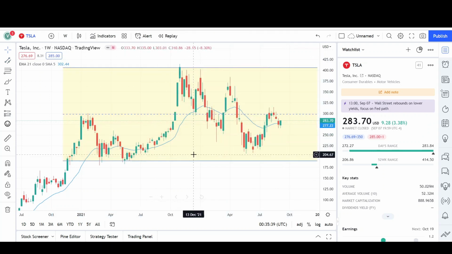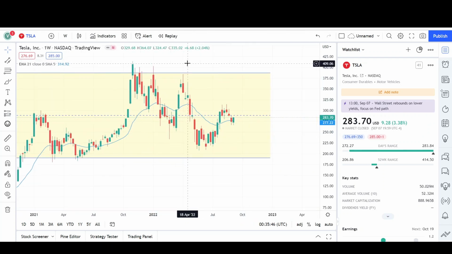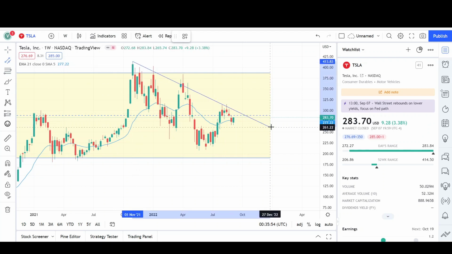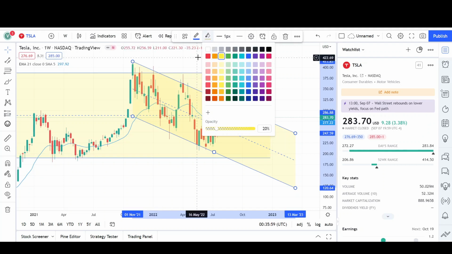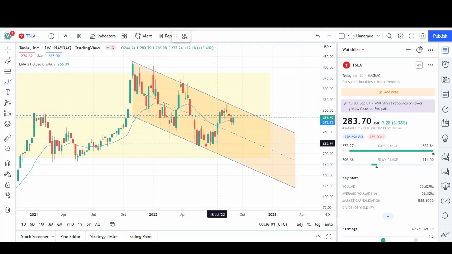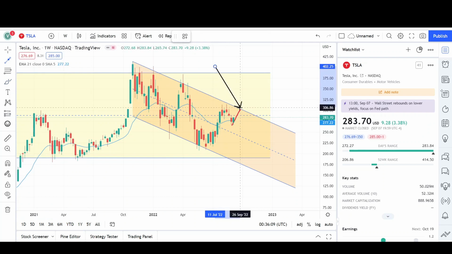So it looks like there's some support at the 189 level, resistance right around the 387 level. So looks like it's just a drawn out downtrend, and what I mean by that is you can see if I connect the swings, we're doing a very wide, slow and weak channel. So we could go up a little bit higher. Like I said, there is resistance. We are very close to a trend line that could turn down prices right over here, which is right around the 310 level or the low 300s,